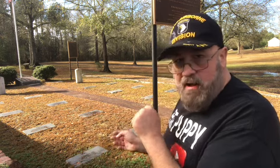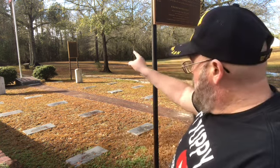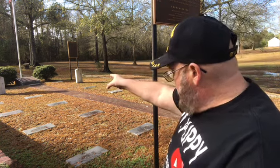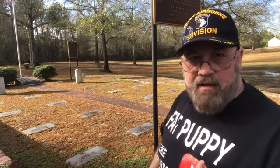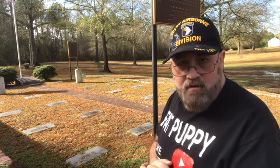And the reason why I question why they are here is because over there and there are plaques of the people that did die in the Revolutionary War, particularly the ones that died in the Camden area fighting the British, because the British had made this their stronghold inside South Carolina. It was an important stronghold, and if I remember correctly, in 1780 the colonials tried to repel them and